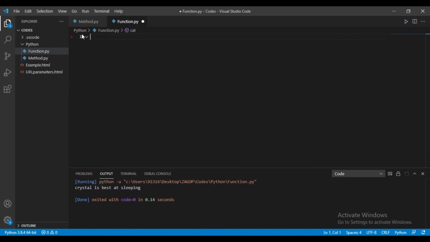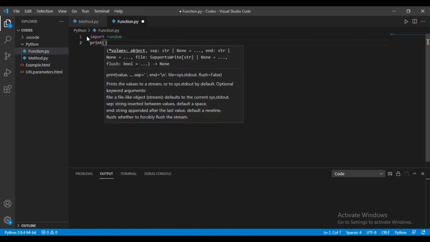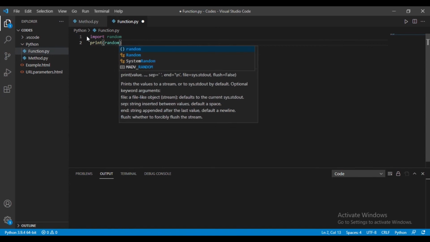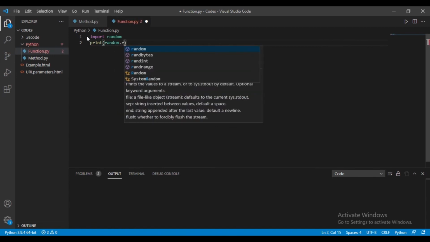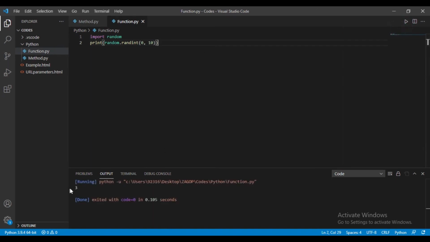We have already discussed the examples of user-defined function, but now it's time to have a look at an example of a built-in function. The built-in functions are those which have been defined by Python and are reserved with their specific functionality. The built-in functions are called by their names, and for some special functions we need to import their libraries accordingly. Just like in this example, I have imported the library random and I will be using the built-in function randint. This will be returning an integer number selected from the specified range.